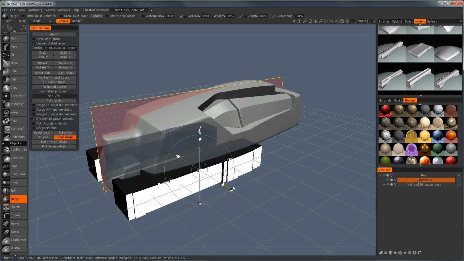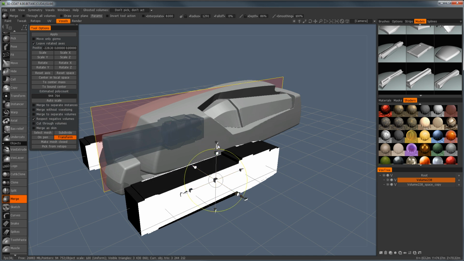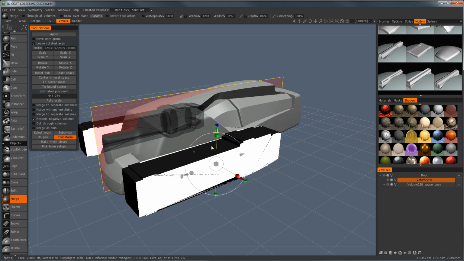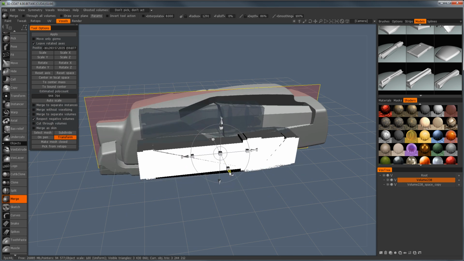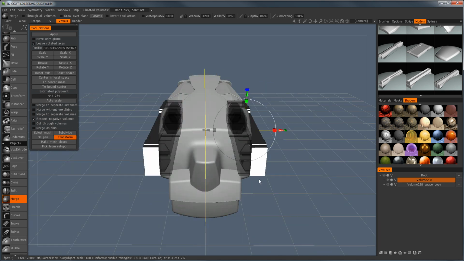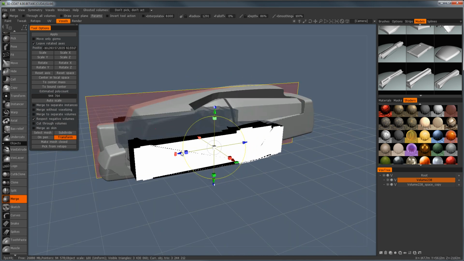There we go. So you can type in an exact value, so like if I wanted to go 90, just rotated that 90. I'll push this in. And while this is going to look somewhat hideous right now, actually you get the idea. This is like sort of your Lego blocks and you get to play, and then it's just about